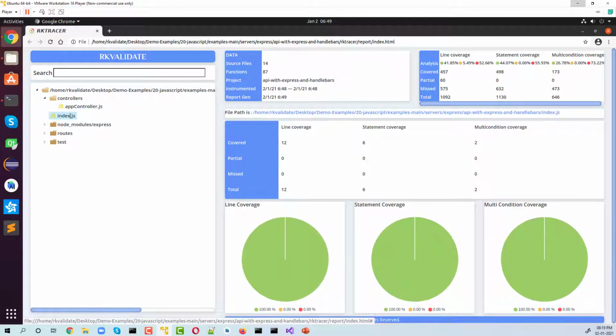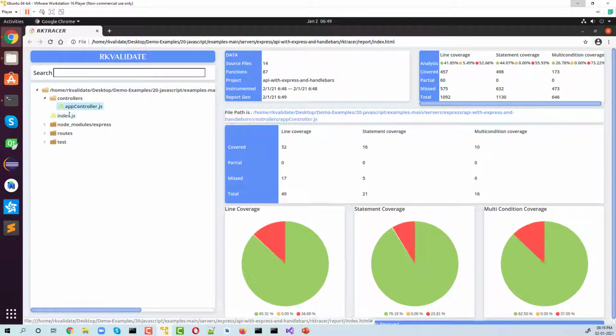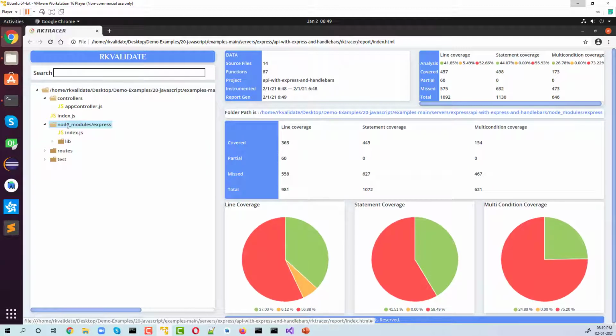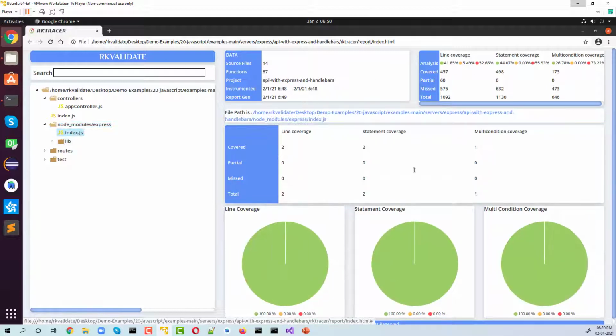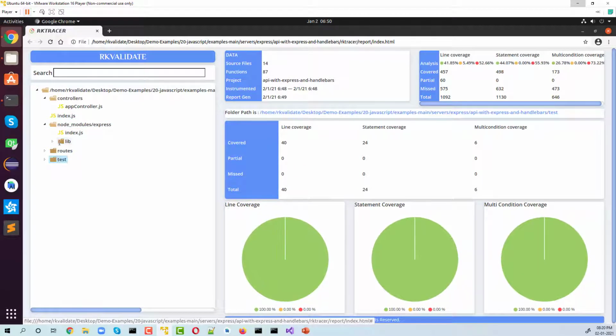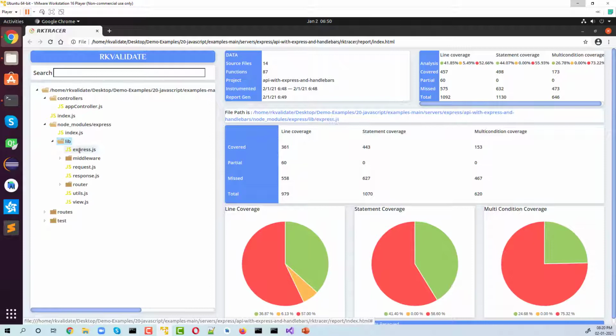Okay, if you want to get into this report, or if you want to select some modules and get the code coverage, you can see that if I select this, based on that it's showing the code coverage in this table. But this one on the topmost right corner remains the same. So this gives us a project summary, but the middle one and these pie charts will automatically get updated as you hover over the module or file that you're going to select.